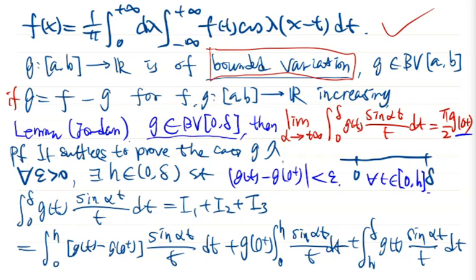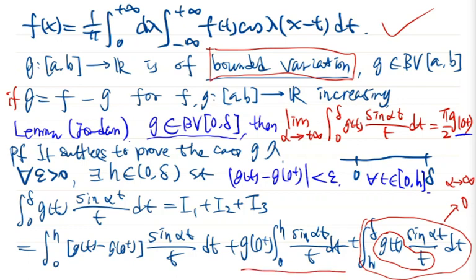So let's have a look at I2 and I3. For I3, the last term goes to 0 as alpha goes to infinity. Why does this go to 0? Because h is positive, therefore g(t) divided by t is integrable. So by the Riemann-Lebesgue lemma, we know that the last integral I3 goes to 0. Okay, and for the second integral I2,